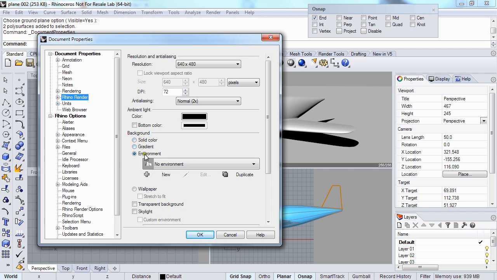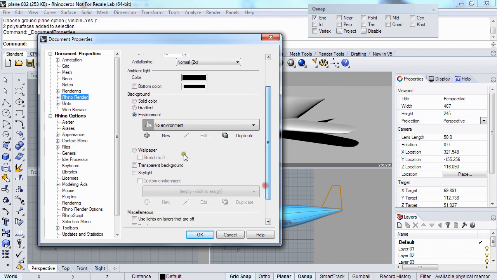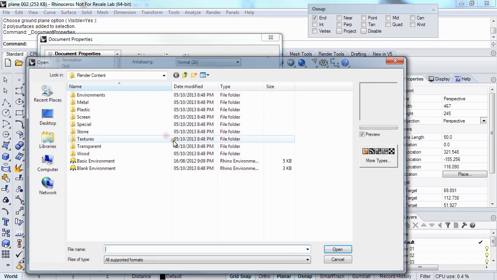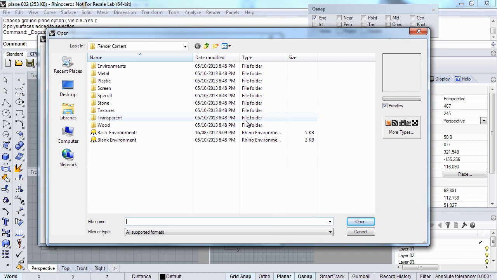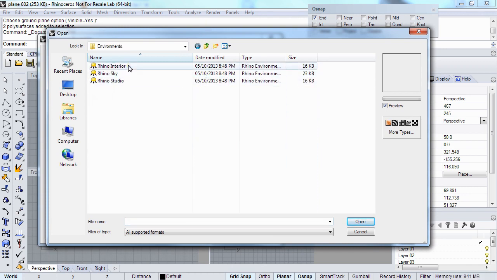So I'm going to set up my environment here. You can set what your background is, and first I'm going to look at an environment. So I'm going to create a new one, and they give you here the stuff that comes with basic Rhino itself. I'm going to go to this